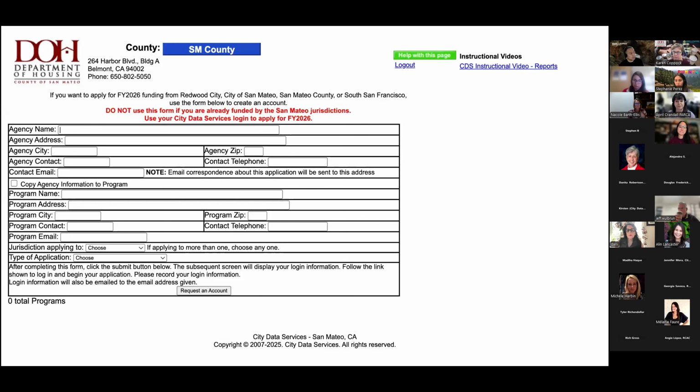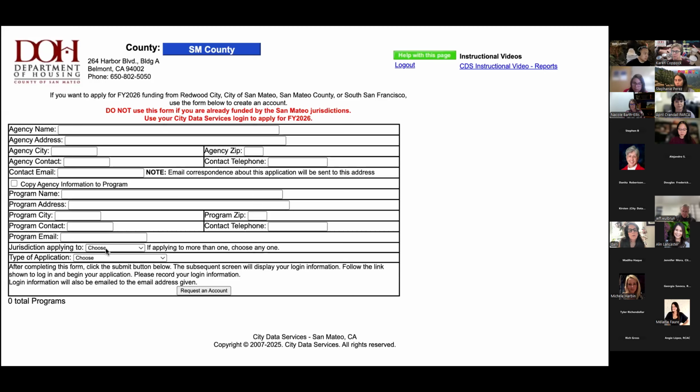But we've had very many people who typed it in wrong and then never got their email with their login. They're just like, I don't know where it went, it never came through. So just make sure that you're typing in the email correctly and double checking all of that. Once you fill this out, you can click this checkbox to copy agency information to program, and that'll bring everything down for you, except for program name. You'll have to put that in because that's usually different than the agency name.